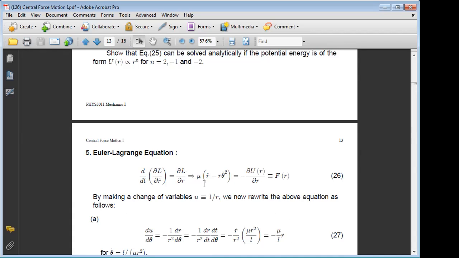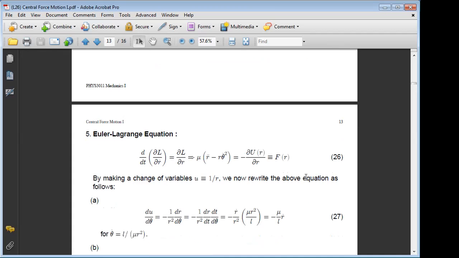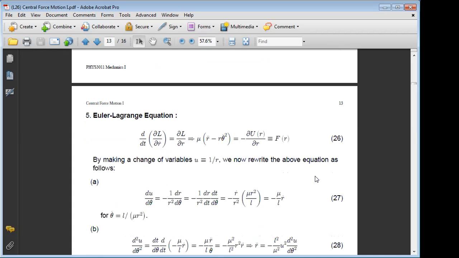Here in the radial direction, we have this equation of motion: mu r double dot minus r theta dot squared equal to the central force. Now, it is very common to make a change of variable, u equal to 1 over r. Okay, it is very common to do this substitution. By this substitution, we can rewrite this equation of motion in equation 26